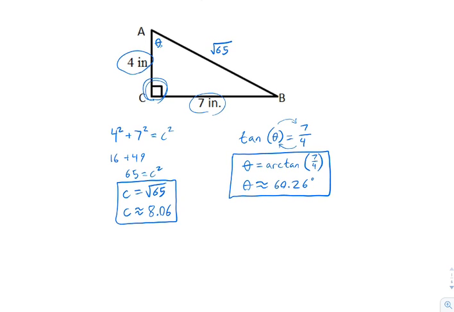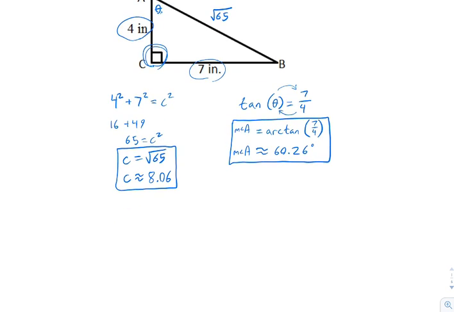So once I know that, oh, why did I use theta? Let's go ahead and erase that. Now that I have solved for theta, let's go ahead and call that the measure of angle A. The measure of angle A. That was the angle we found. Okay, well, if I want to find the measure of angle B, well, the measure of angle B is just you take A and C away from 180. Or, you know, we know measure of angle A and measure of angle B must add up to 90 in a right triangle. So I'm just going to say the measure of angle B is 90 minus measure of angle A. And so 90 minus